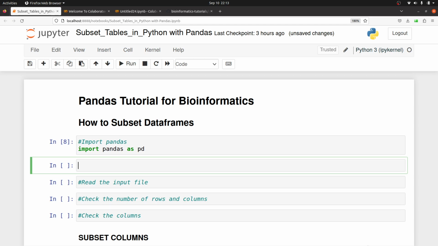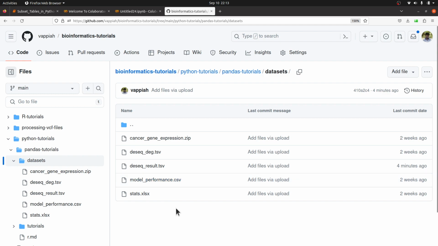Now we need to read the input file, or let's say the example data. I have already prepared the data, so you can find it on this GitHub repo of mine. So there's the repo. I'll leave the link to this page in the description box. Here you find lots of files. We are going to use this one,